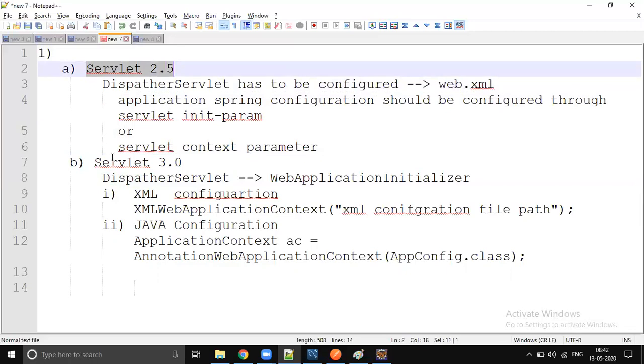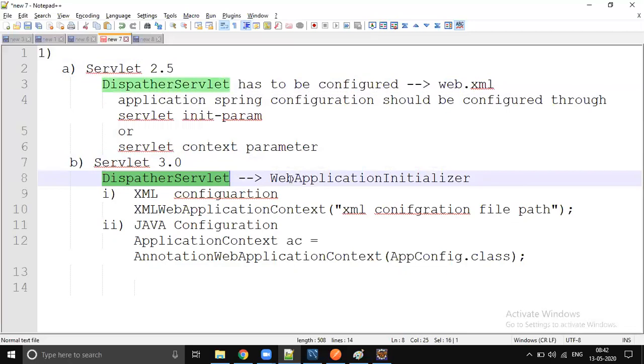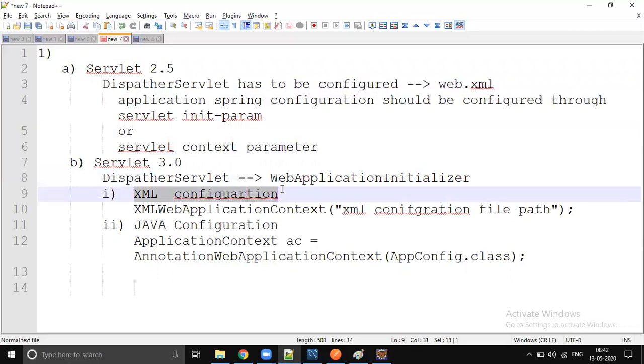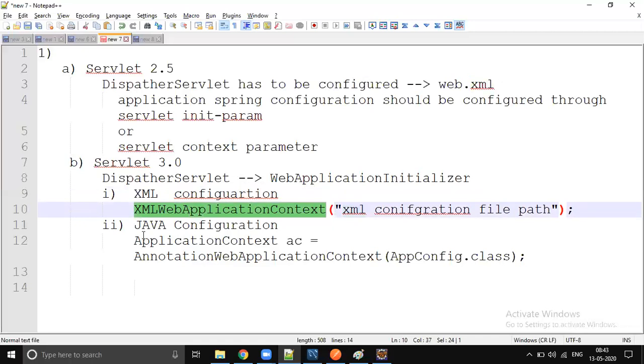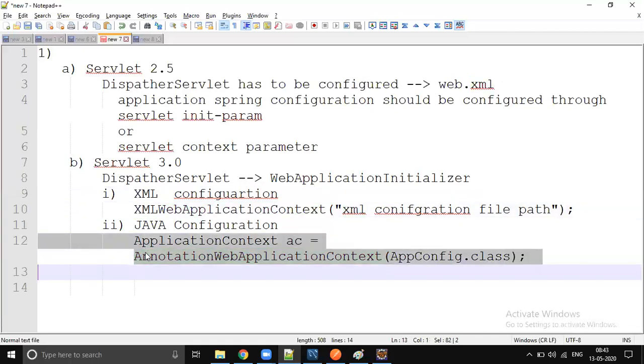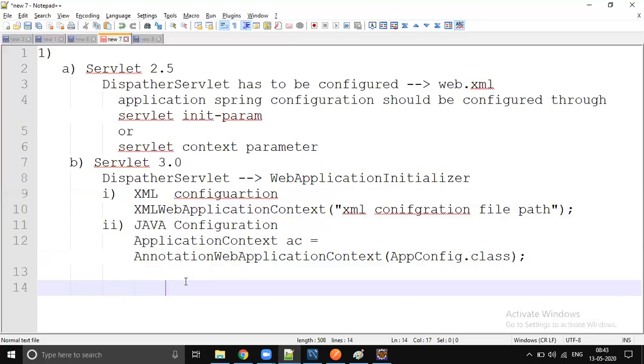For Servlet 3.0, the dispatcher servlet will be configured through web application initializer, and again the Spring configuration can be configured in two ways. If it is an XML configuration, we do XML web application context. If it is Java configuration, we do annotation web application context. So we will see two examples.